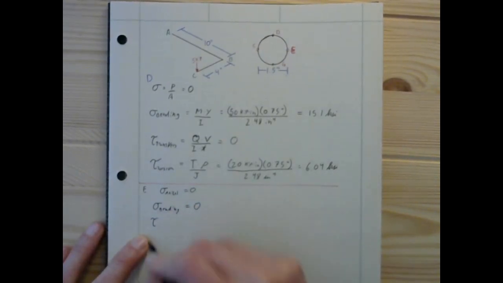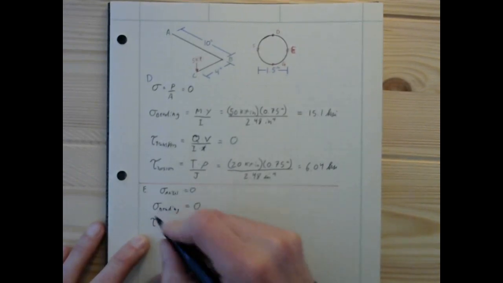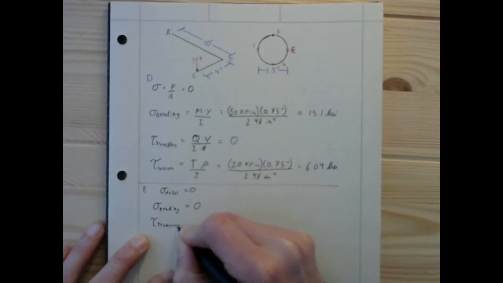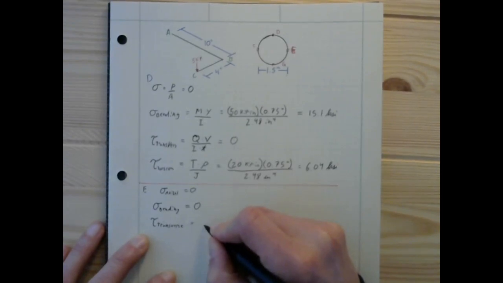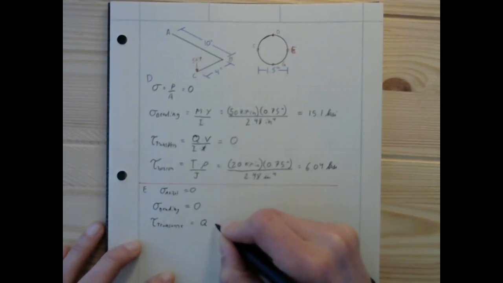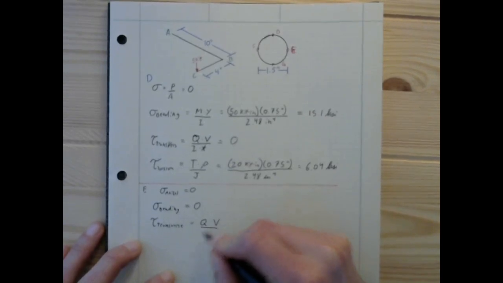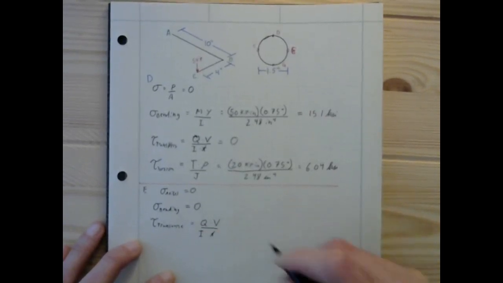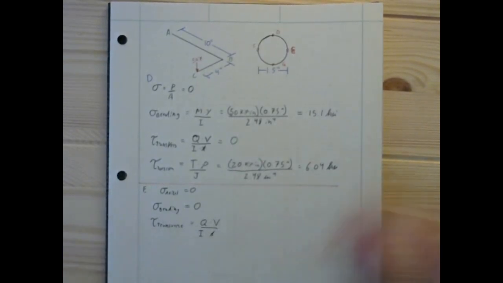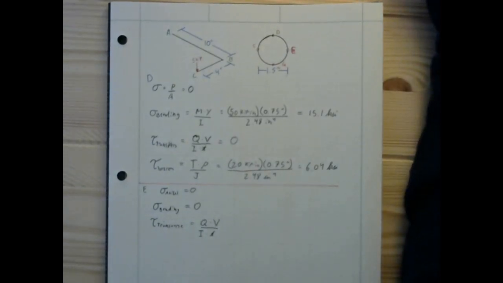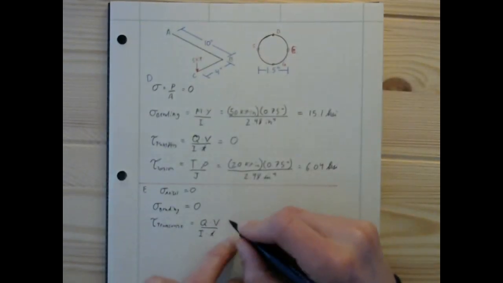What's our shear stress? Our shear stress here, due to transverse, is going to be equal to Q times V over I times T. We've got that, we've got that, we've got that. For this, right, so